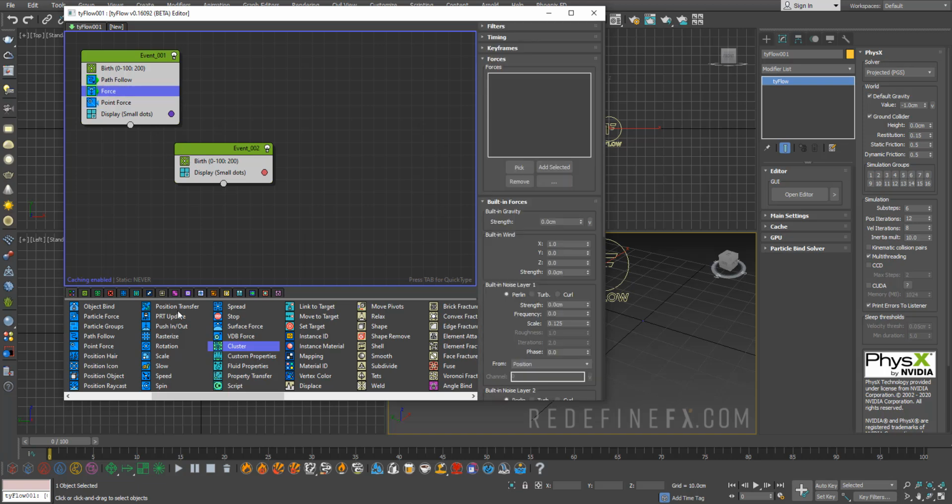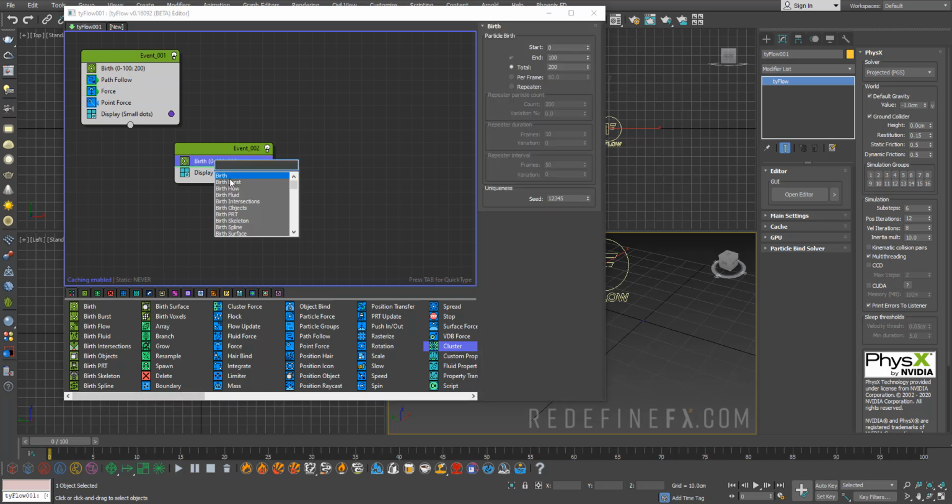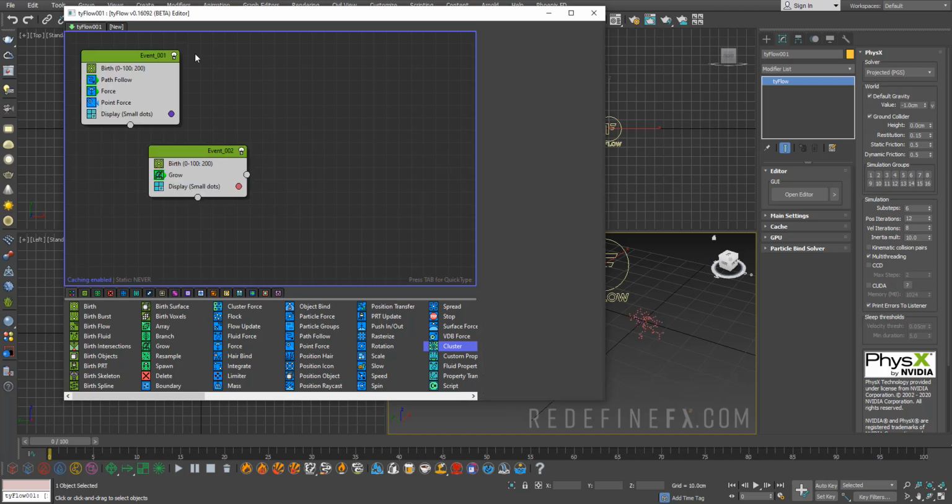So it's a very handy shortcut, because as you get familiar with tyFlow, you're going to get really tired of always looking for the operator you want. So the ability to just hit tab and type what you want, maybe let's do grow, will save you a lot of time. So as far as the operators themselves, whenever you click on an operator, you get this little